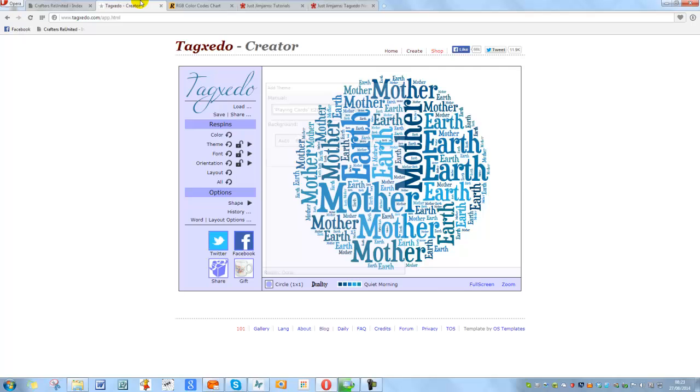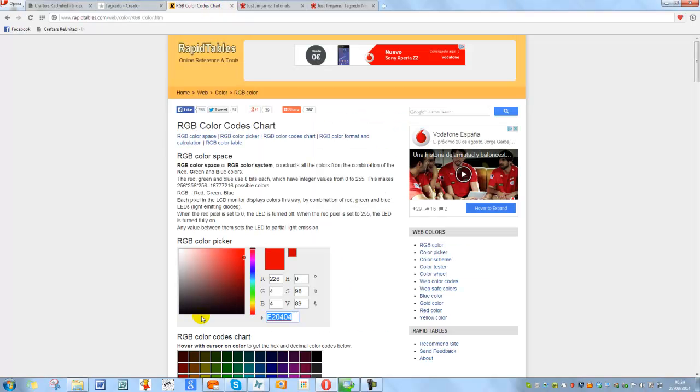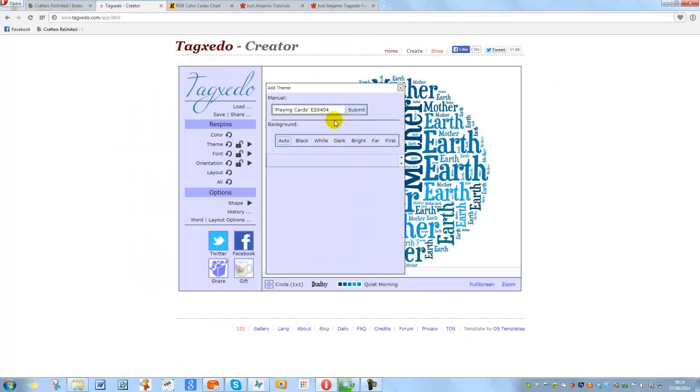That's good so far. So we come back to the colour code chart, and I now want the black, so I'm going to just pop my cursor down there. I'm going to copy the code, come back to the Tagxedo creator and Control V, submit. And now it's given me my two playing card colours. I've got a white background. I'm just going to click the white. And that's exactly what I wanted, so I'm going to press add,